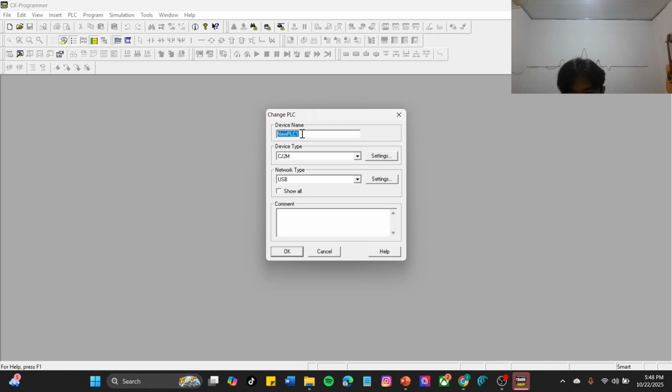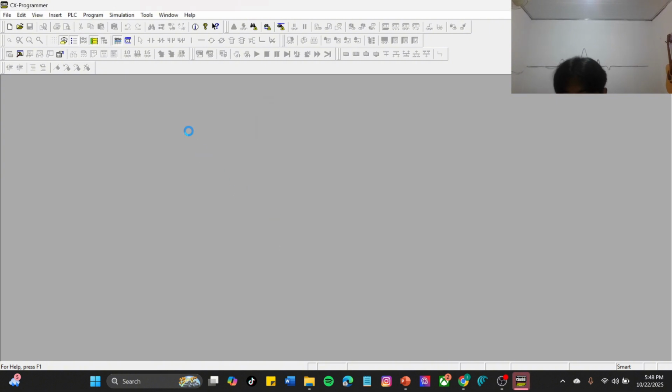You can make the name for your device name, maybe module 6. Okay, change the device. For the practicum we use CP1L, and for the network type to connect the laptop to the PLC, use the USB and you can click OK.